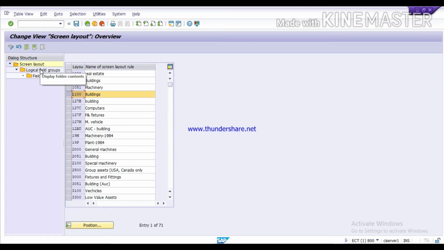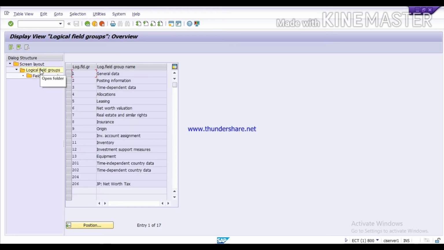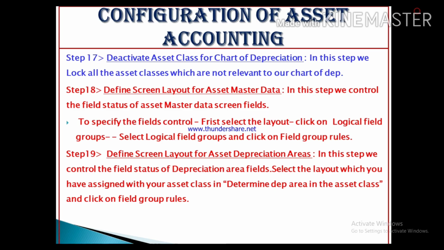Then double click on this field, logical field group. In this step, we control the field status of asset master data. System is little slow. Wait a minute.